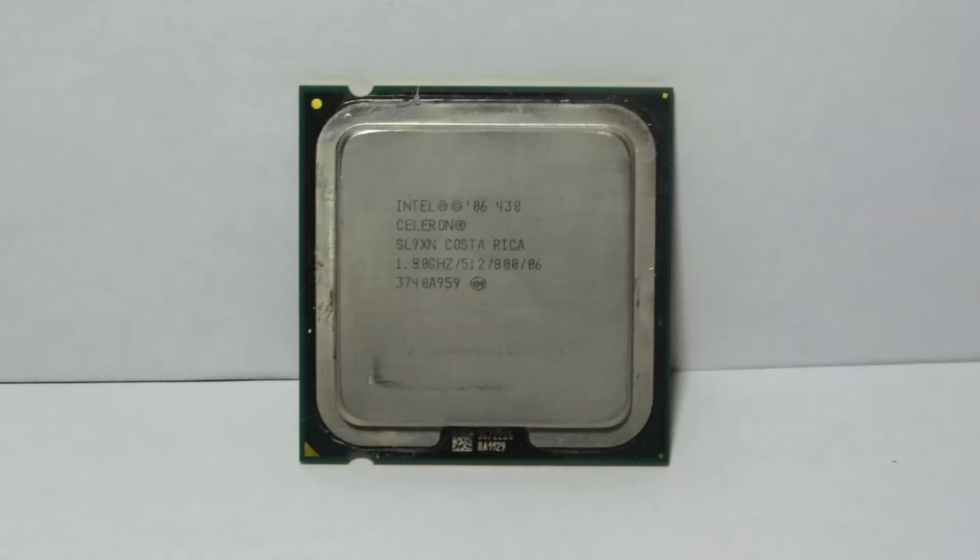Hey everyone, thanks for another video, and today I'll be taking a look back at the Intel Celeron D 430, and we'll be testing the stock and overclocked benchmarking and gaming performance in Cinebench R15, SuperPi 1 million, and Fallout 4, GTA 5, Tomb Raider and Crysis 3, all four of which will be run at 1080p on the lowest